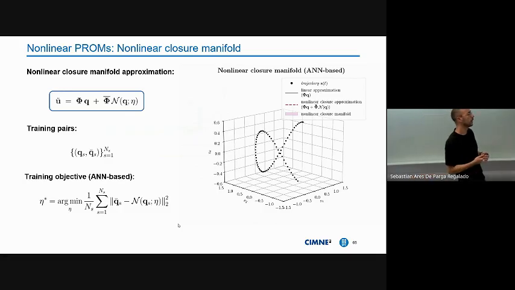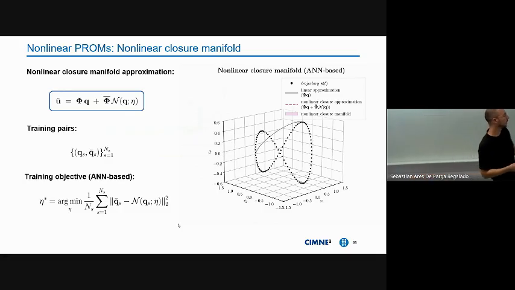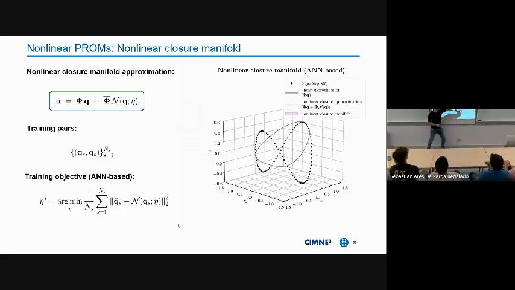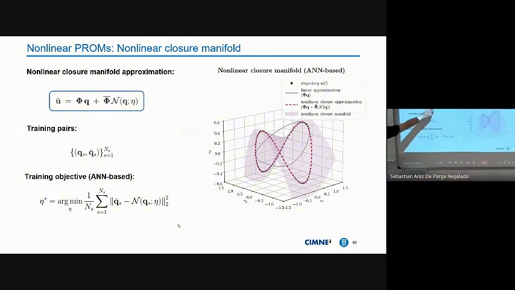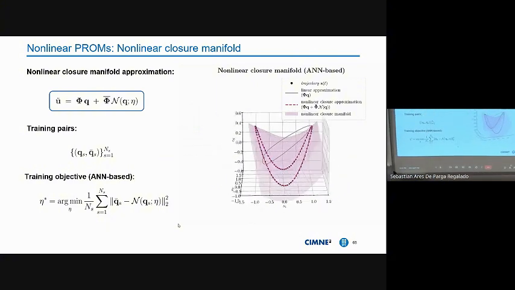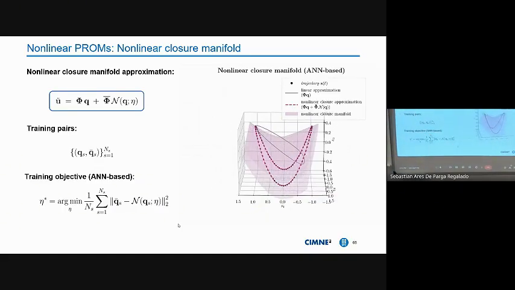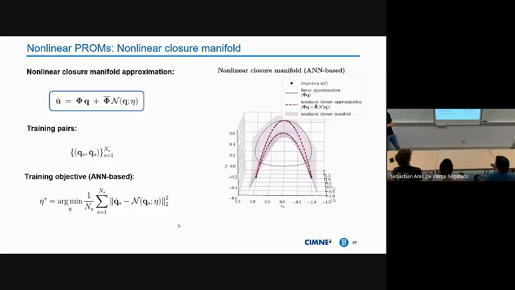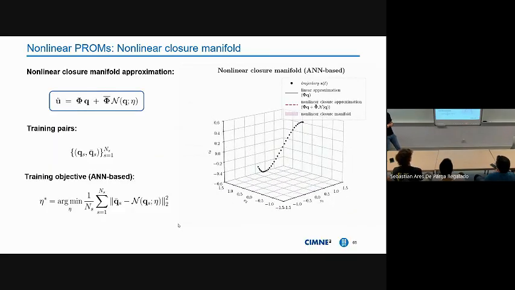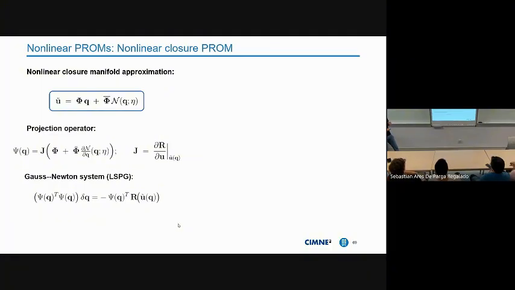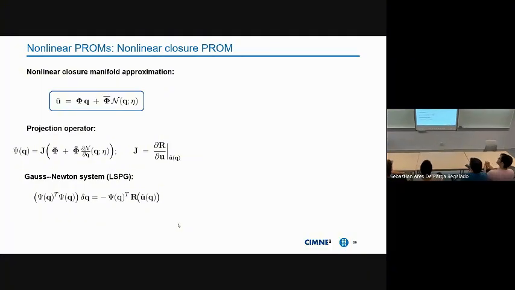A very simple way to see this is that with the linear manifold, we were only able to project it into the subspace. However, with this phi bar times the nonlinear, we can shift this linear solution into the manifold such that we will be able to blend it into, or let's say, try to fit it into our nonlinear manifold. So let us go into the projection-based reduced order model, a little bit more into the details, not much more,